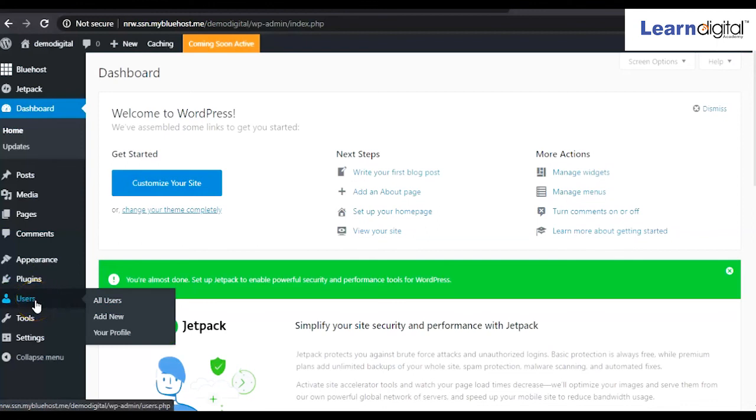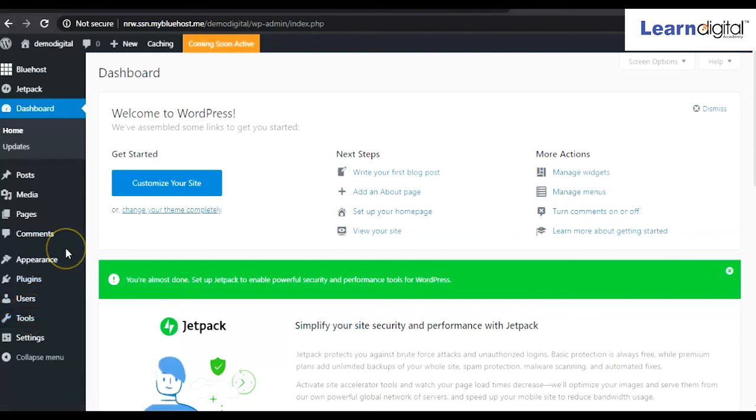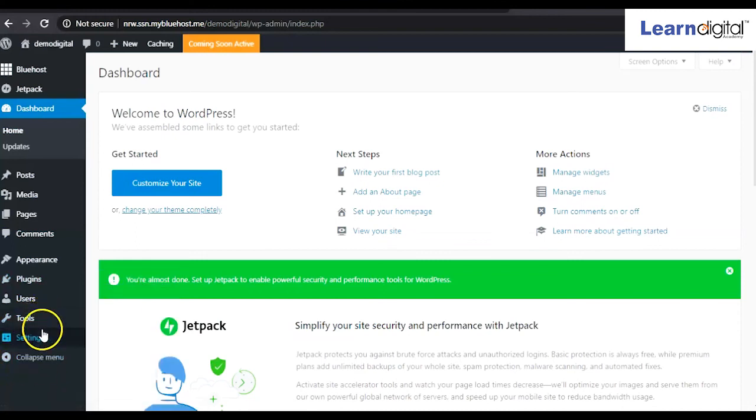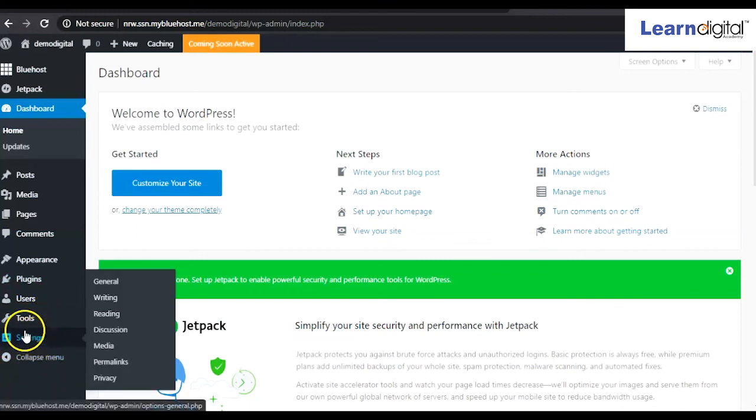Users, that means normally you assign a role to your subordinate or to your person as well, right? Then tools, that means simply you can import and export the file. And settings, that means general settings, you can make over here. So right now what we'll be doing is general settings. So first of all we'll go to general.